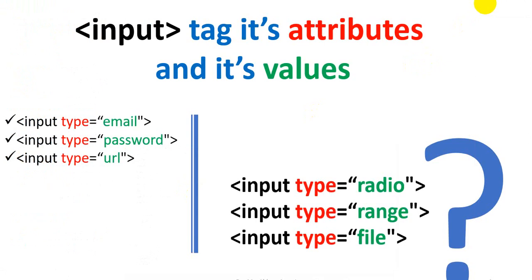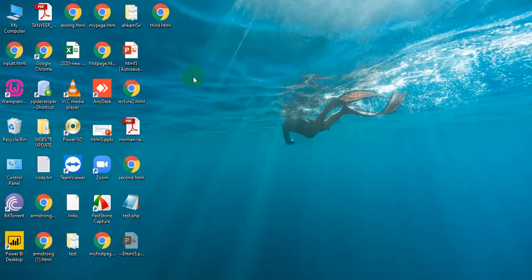Minimize the file and go back to your desktop where you have saved the file. See, this is the file I have just created. Double click. What is meant by double click? You are going to run your notepad file in your browser, because HTML runs on a browser only. Now see, this is my first web page which we have just created. But on the whole page we don't have any text or images. Why? Because whatever you write inside the body tag you will get on your browser. Right now I am getting one thing, that is the radio button.